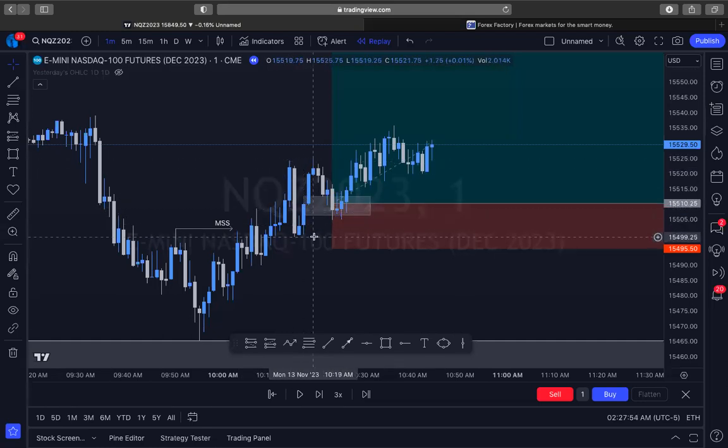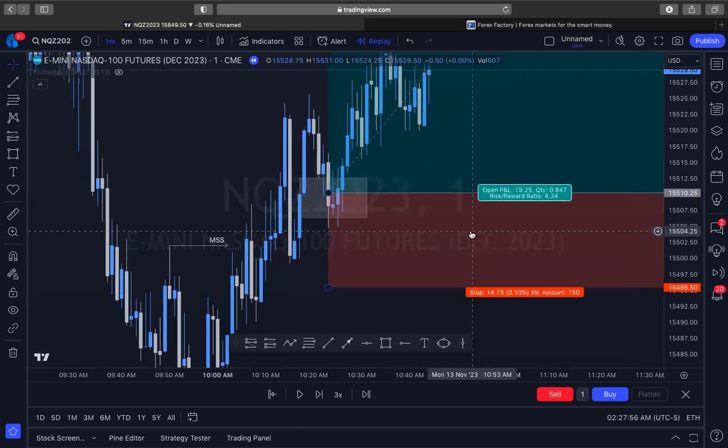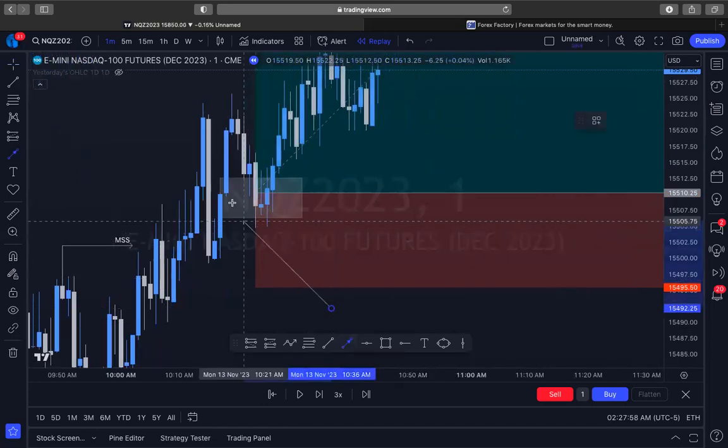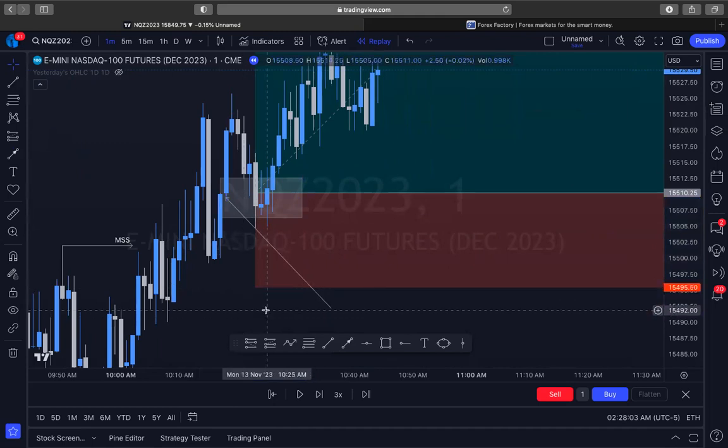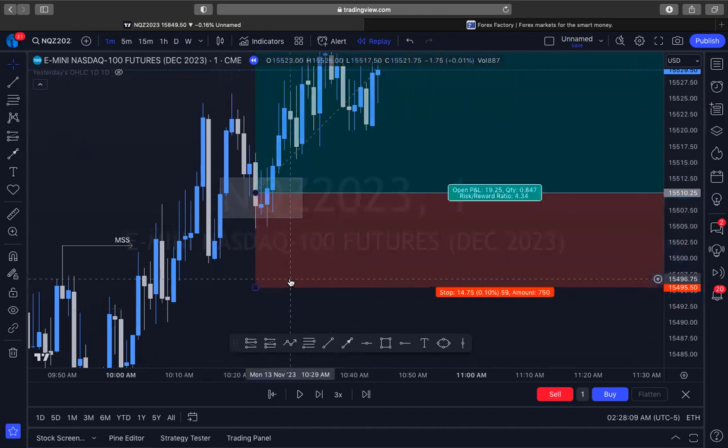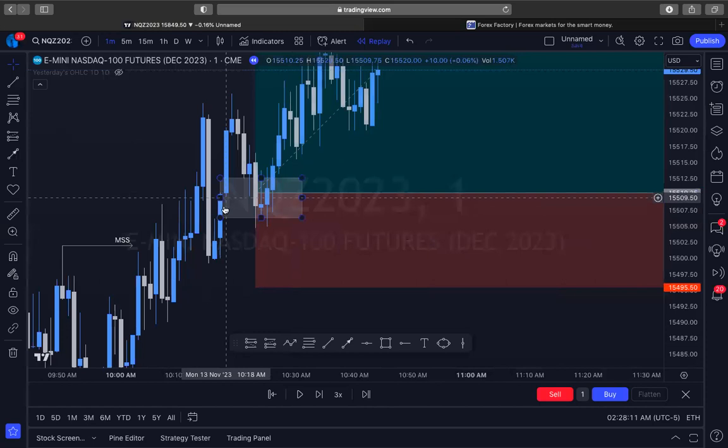When these were formed, you can tell it's very, very small, but right there there's a volume imbalance as well, right? So that tells me that the trend is very, very strong. That gives me a little bit more confirmation. When we come back down, I want to see this being supported and not breaking lower, right? So this is exactly where I entered.